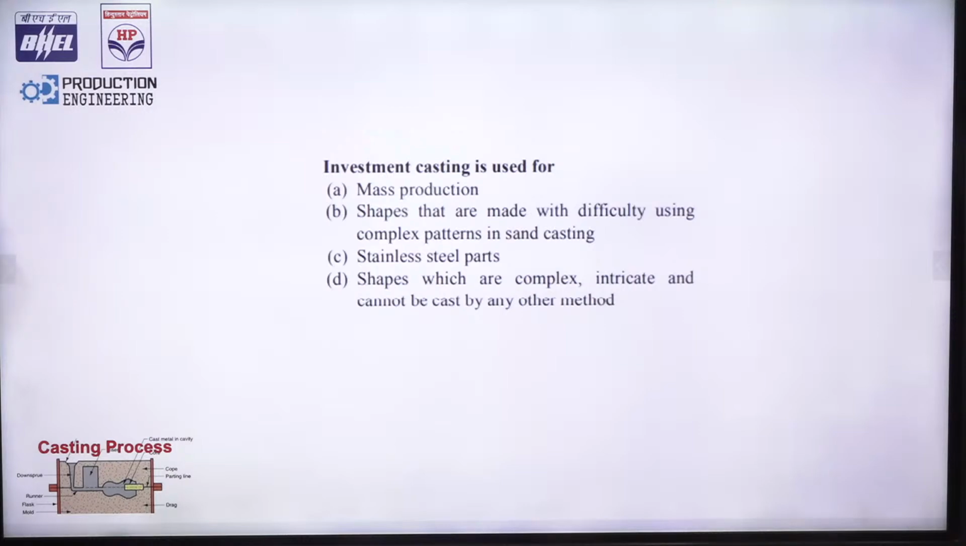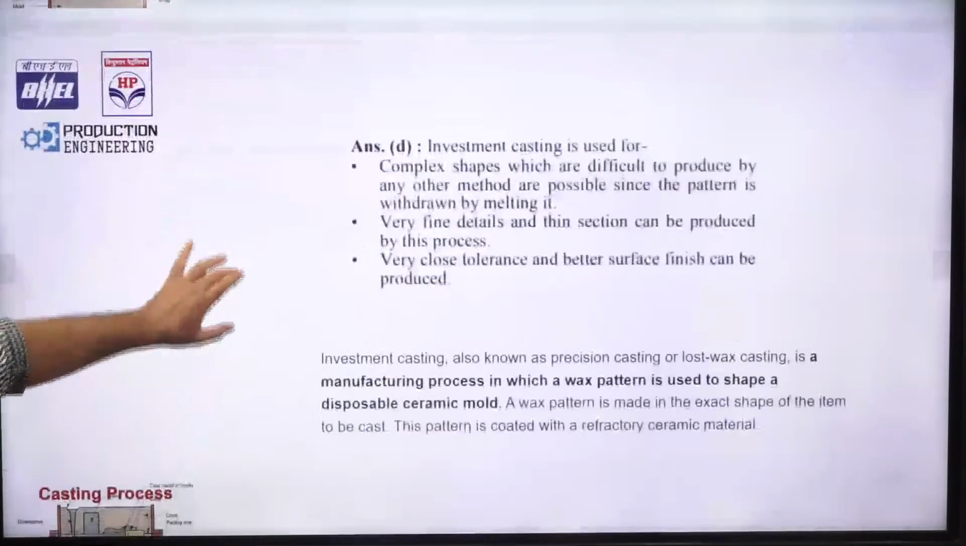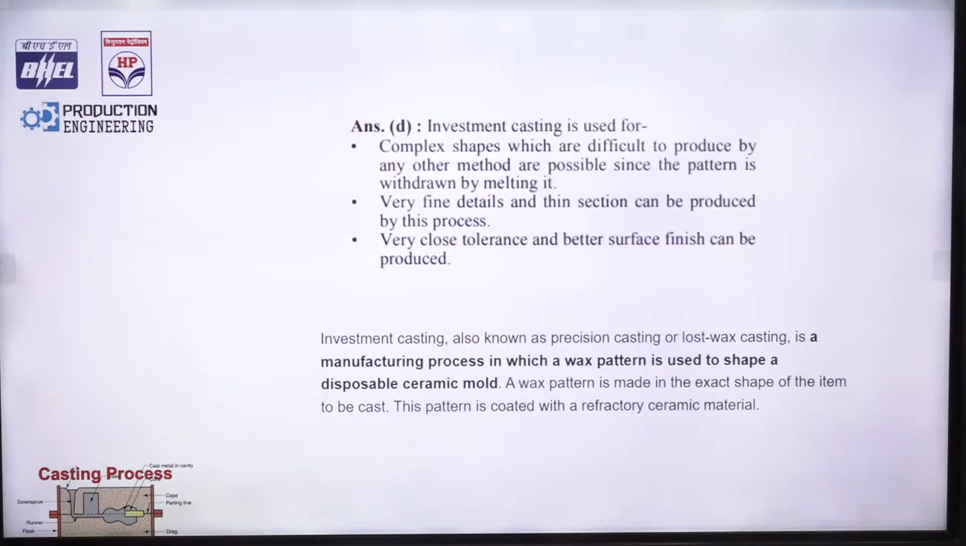Mass production, complex pattern, stainless steel part. Yes. Investment casting is used for what? Shapes which are complex, intricate, and cannot be cast by any other method. Investment casting, yes. The answer is complex shapes which are difficult to produce by any other method are possible since the pattern